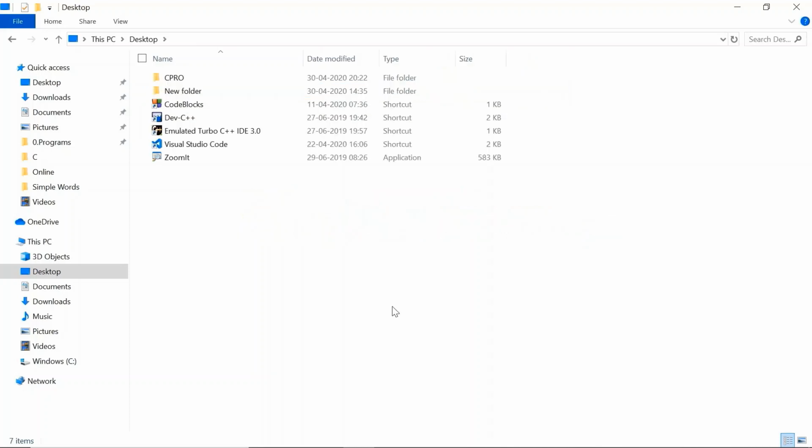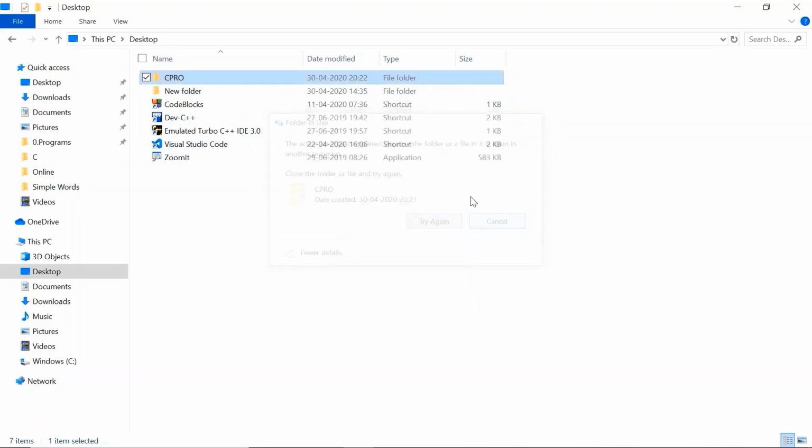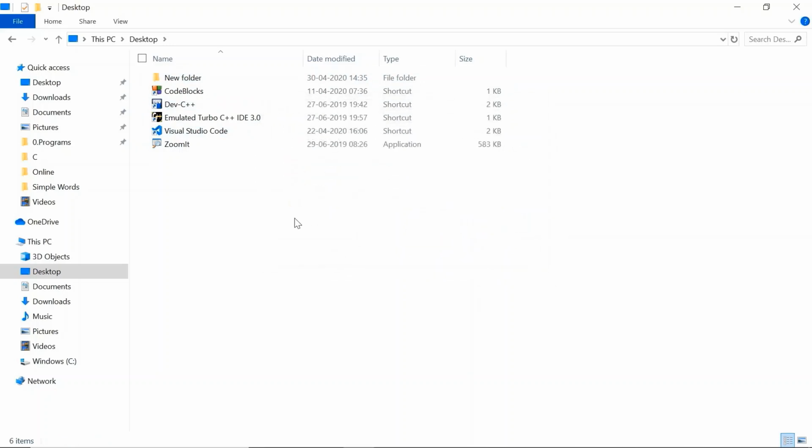Let us now delete this C Pro folder and we will perform all these steps through command line.